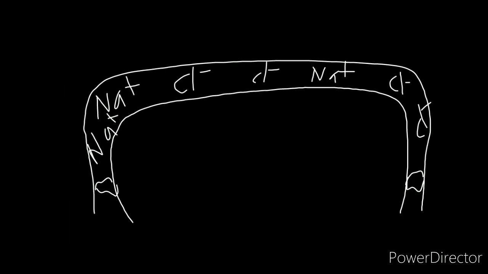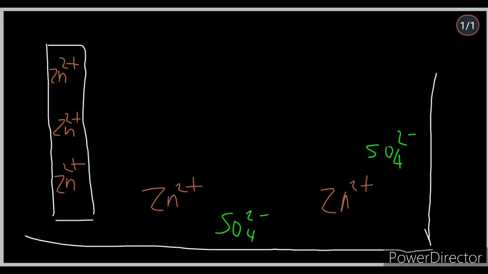Now let's look at what a salt bridge is and what a salt bridge does. It is a U-shaped glass tube filled with a jelly-like substance with an electrolyte like KCl, KNO3, NH4NO3, NaCl, etc. The salt bridge provides a sufficient amount of cations and anions to replace the ions lost or produced in the two half cells. That is, let's look at the first beaker.